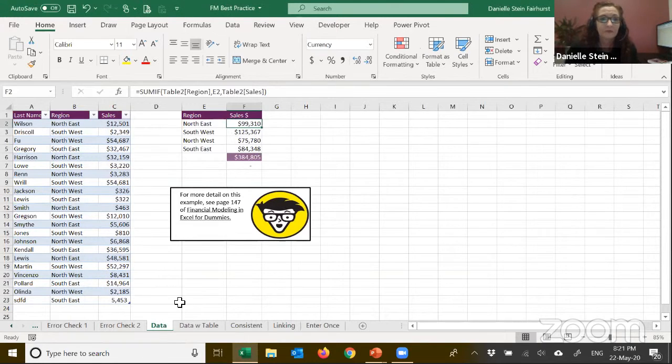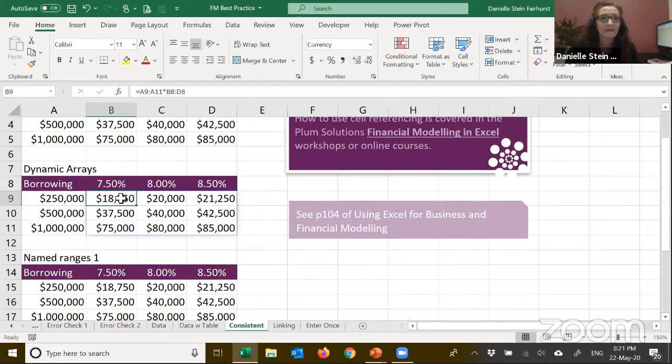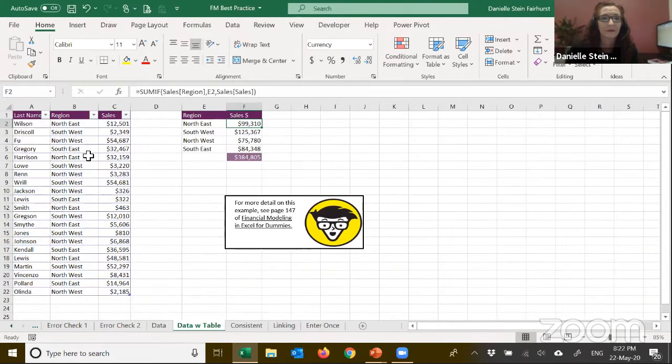Okay. So just going back into the dynamic arrays. You can tell that it's a dynamic array because it's got this little blue line that goes around the outside. Probably one of my favorites is the one that I showed you there, which was the unique.